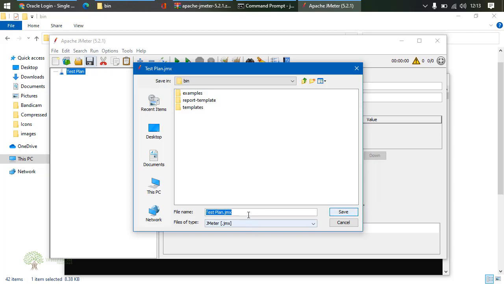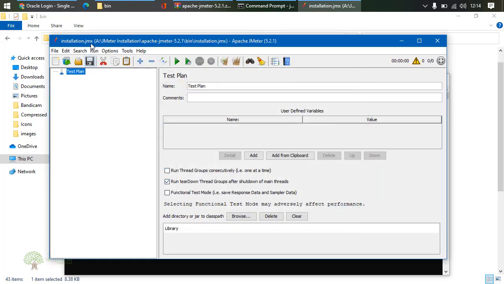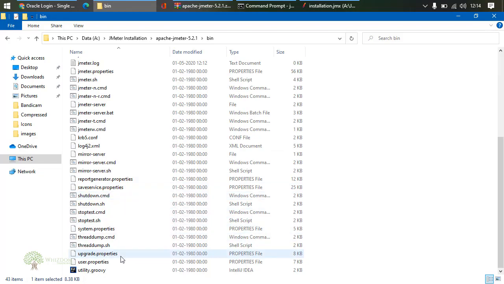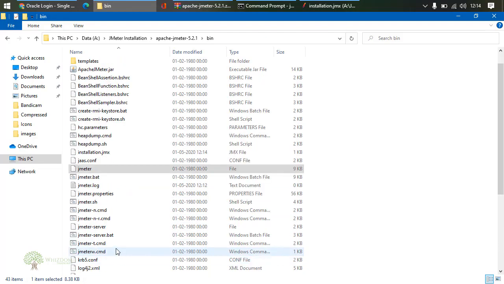As you can see over here, whatever name you provide, say installation, installation.jmx, the moment you click on save, this file would be saved, and as you can see, this is the path of the file: JMeter installation, Apache JMeter 5.2.1, bin, installation.jmx. So by default it creates a file over here in the same directory where the other files are.